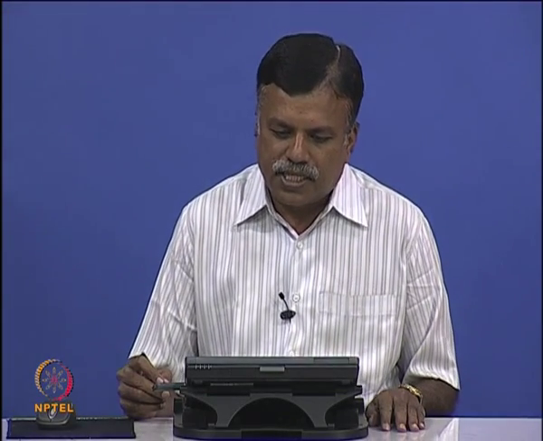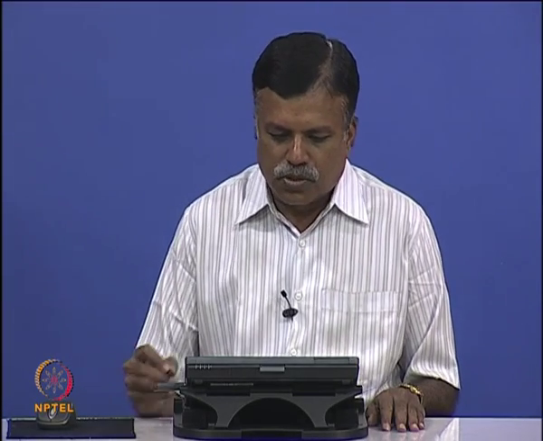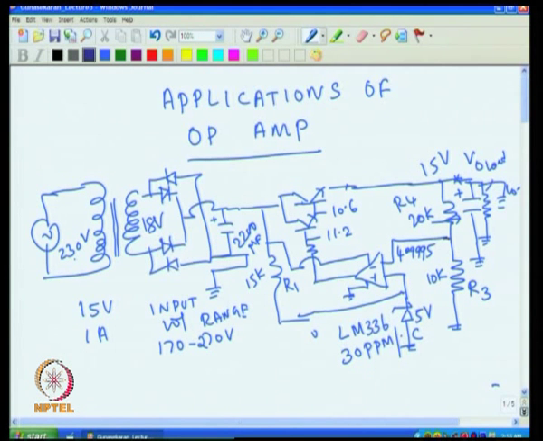Good morning students. In the previous class we studied how to use the operational amplifier for voltage regulation. You can see this is the circuit that we used in the previous class. The transformer is a step down transformer, and we used an 18 volt secondary winding and rectified that AC voltage. Across this capacitor you get a DC voltage, that is 18 volt into 1.414, and then this is the series pass transistor, and then this is the error amplifier.